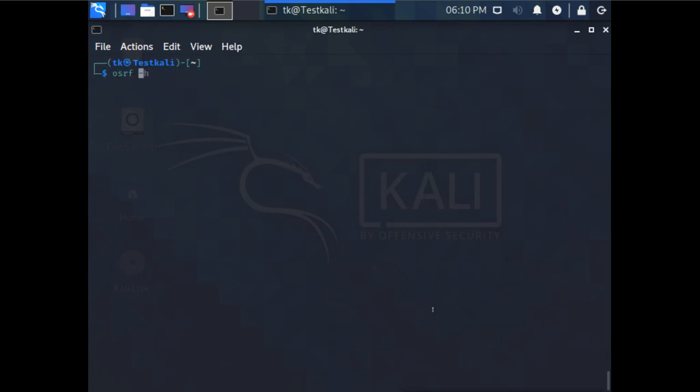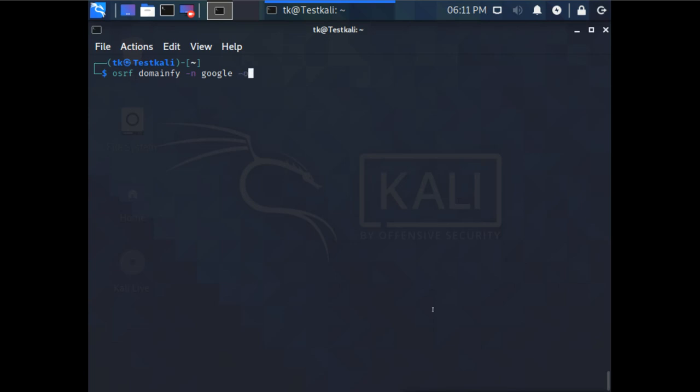Domainify. So the sub command I will mention is Domainify. Then you have to mention which domain you want to do. Like for example, I want to do it for Google, and then you want to save the output to a file.